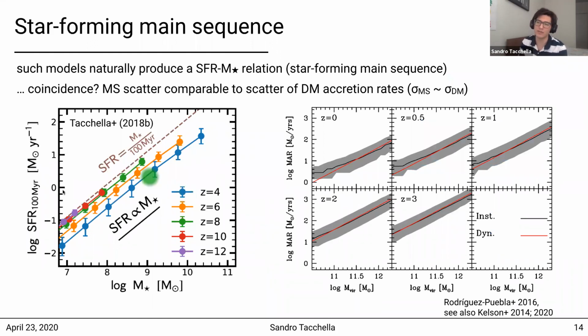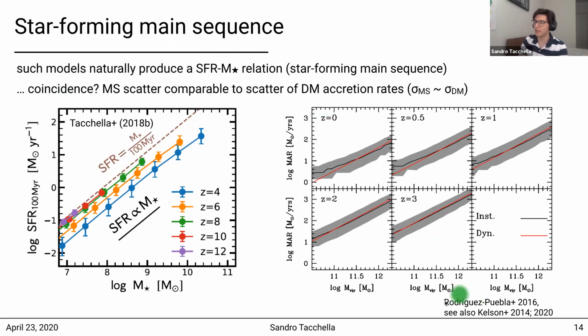And so basically you always find a relation between the star formation and stellar mass. And this is mainly because overall the main sequence is probably given by the accretion rates of dark matter halos, and therefore of baryons, on long time scales, but even the scatter. And I would maybe argue that this is a coincidence, and I will come back to this later in my talk. But basically, it seems that the main sequence scatter is very comparable to the scatter of dark matter accretion